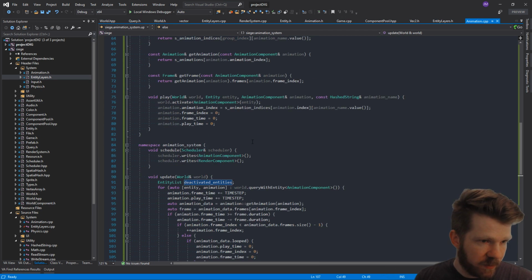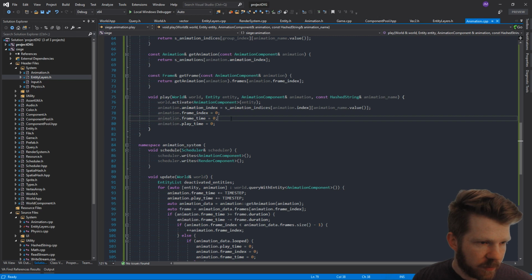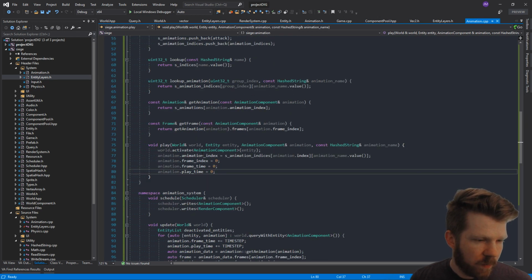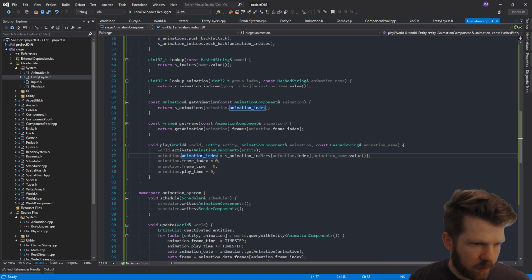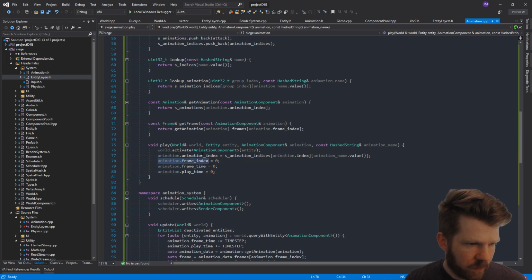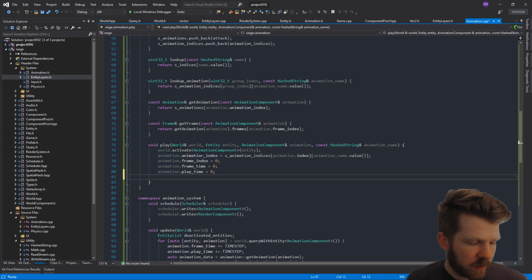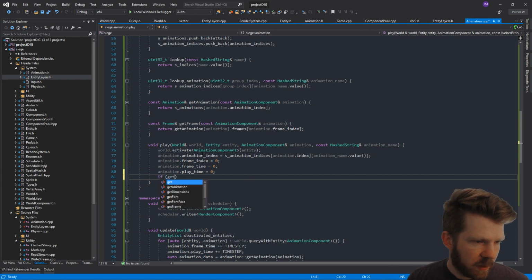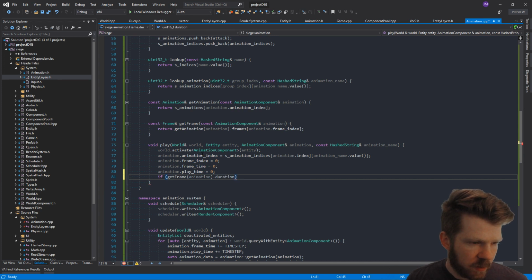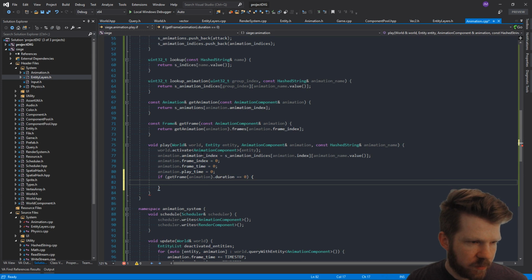And maybe what we could do, actually, we set the animation index, the frame time, the play time. One thing we could do is say that if we don't have it here, we'd have to get the frame for the first one. That could work. But we could say if the get frame for this animation duration is equal to 0, then we could